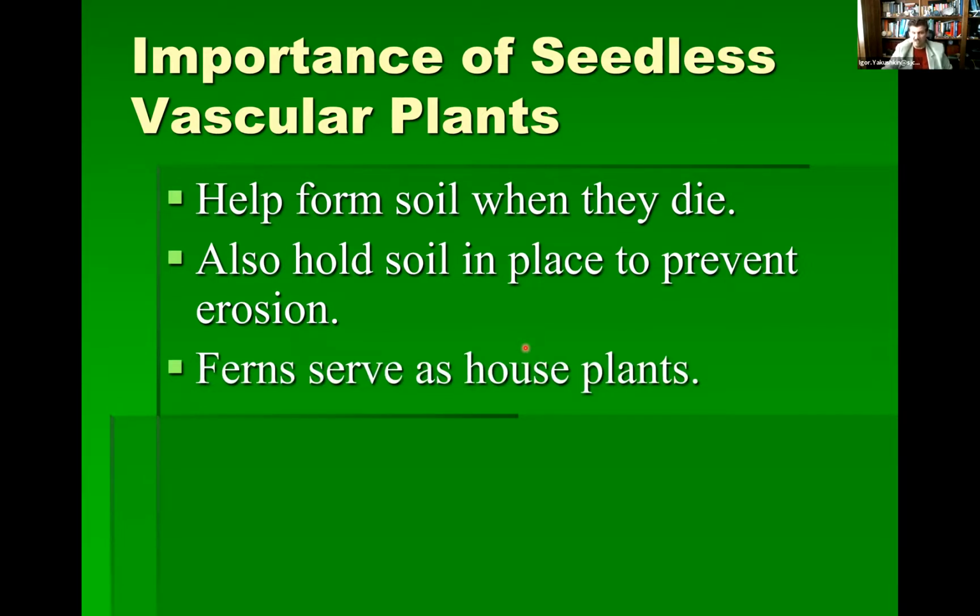Also remember I told you what humans do with pretty much everything: food and medicine. Food, medicine, food, medicine. So right now we're using some of the ferns for medicinal purposes. Some of the horsetails can be used for medicinal purposes as well. And we are eating ferns. In East Asia, not necessarily Southeast, like Japan, Korea, China, and down.